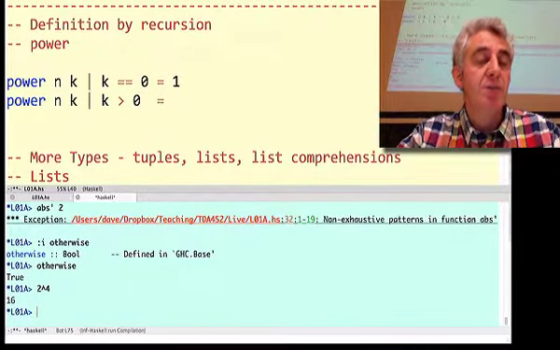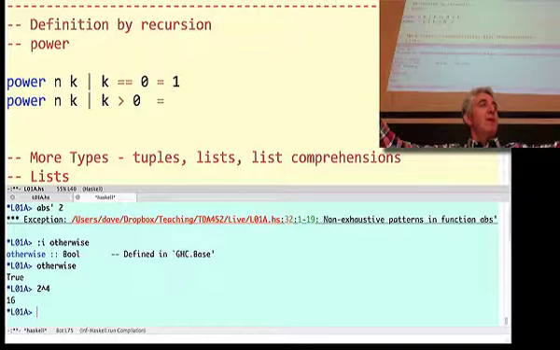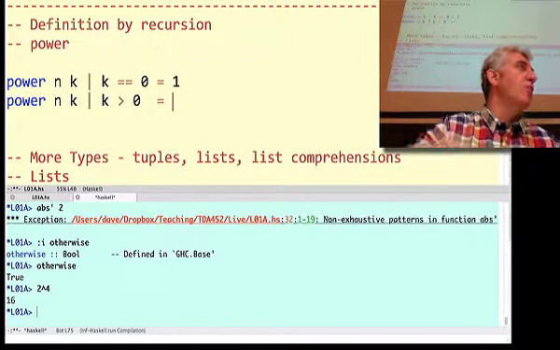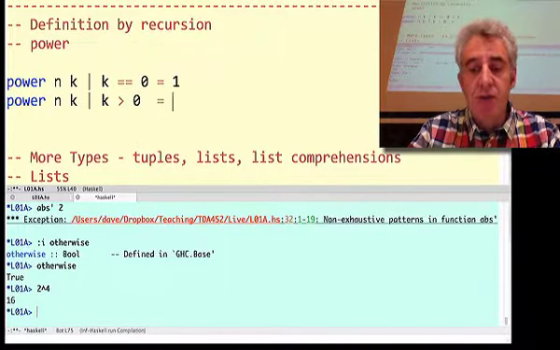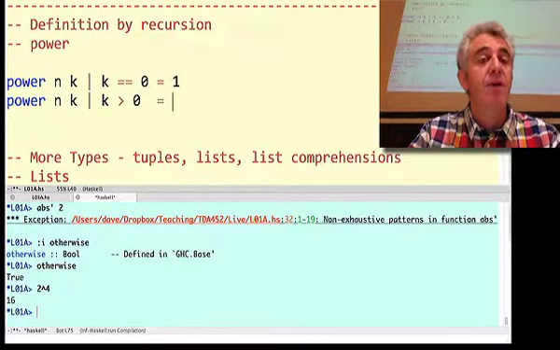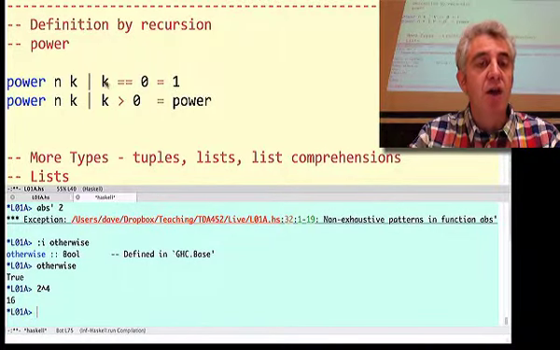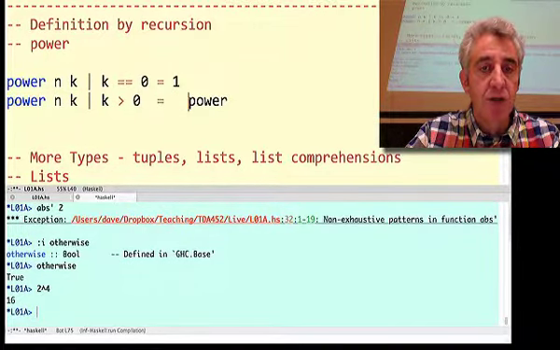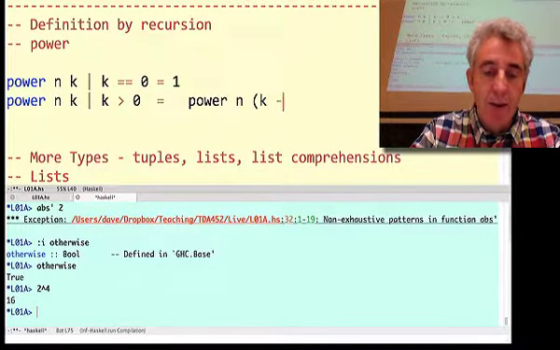So now we're going to use the power of recursion. And the idea in recursion is to try and solve a bigger problem in terms of the solution to a smaller problem. Now, what smaller problem it is depends exactly on the nature of the problem you're trying to solve. But the natural case, if I'm going to define a very simple and naive recursive power function, not a very smart one, I'm going to try and define what this is in terms of the function power of n and k minus 1.